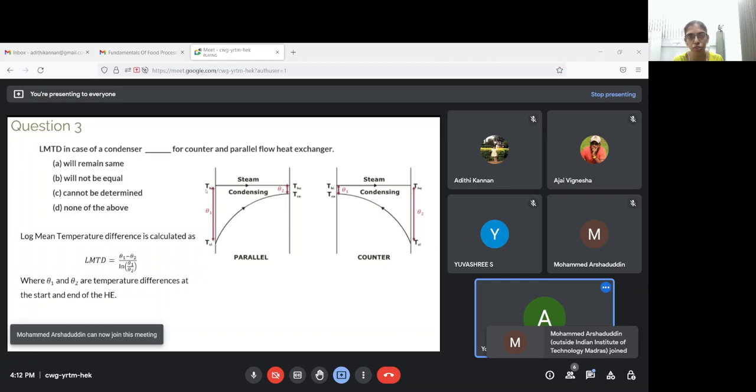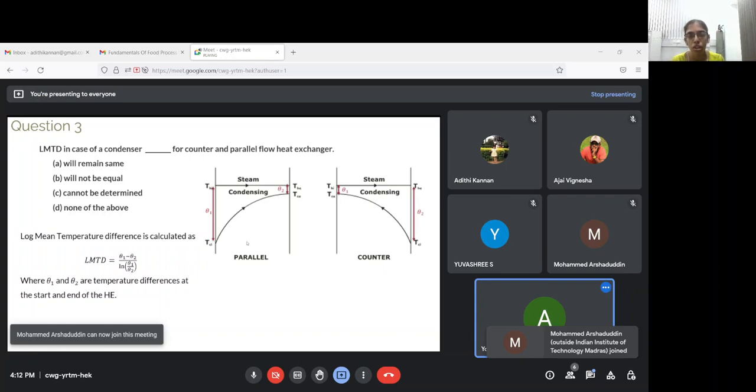This is the temperature profile of a parallel heat exchanger. Here your x-axis, let us say, is the length of your heat exchanger. So this will say the starting of your heat exchanger, that is at length L equal to 0. And this will be at the end of your heat exchanger where length L is equal to L. So the answer is not B here. So I'll explain you the